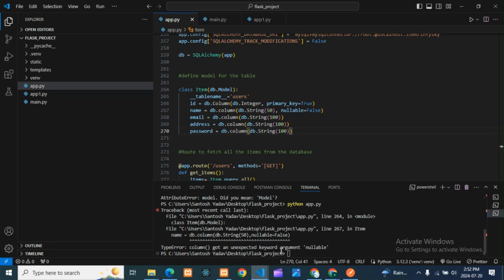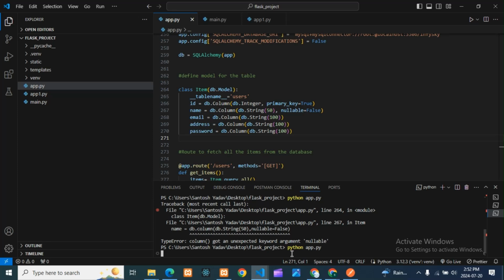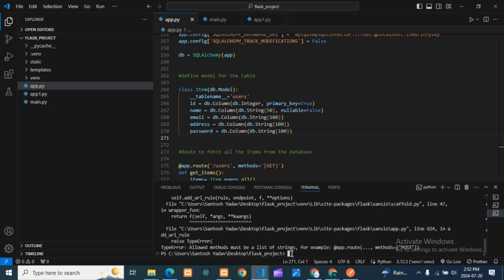What is unaccepted? Sure, it is okay. Sorry, guys. It should be capital, otherwise it will give an error. See guys, I got an error. I'm happy because I can solve it and I can learn from that, right? Now we'll see again, if an error comes we will solve that also.